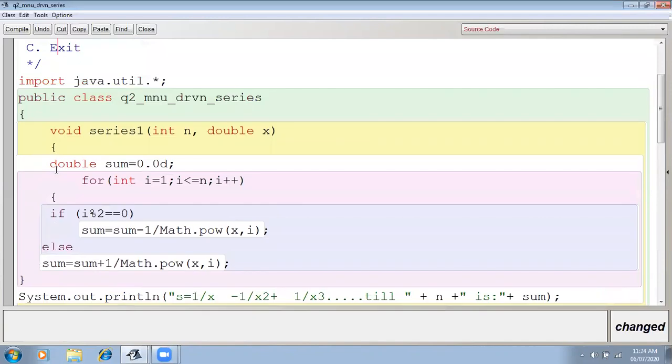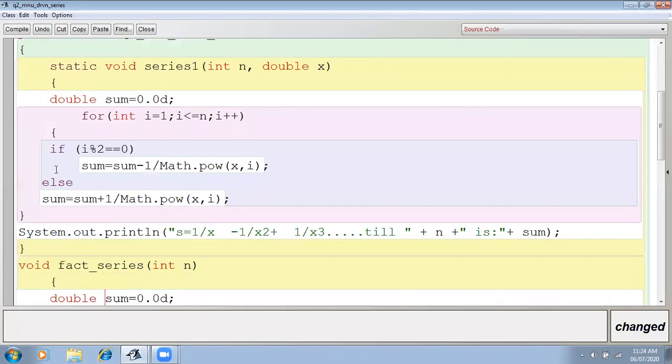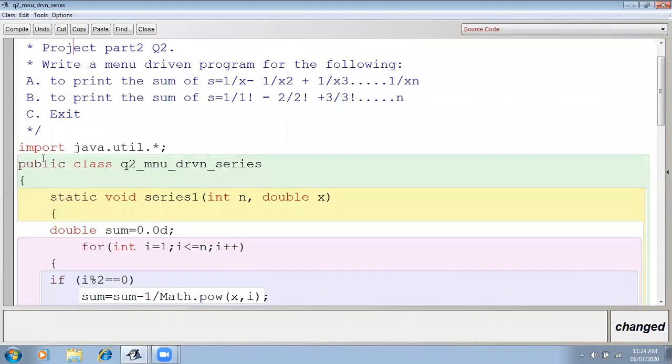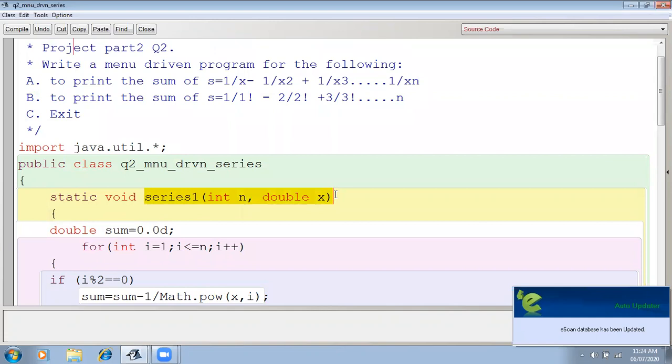Okay, so anything you can do, it's up to you. Suppose we are doing it static void series. Okay, then here also static void fact series. Then here I will call this method series 1. Okay.